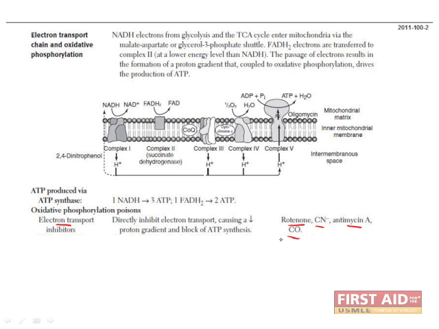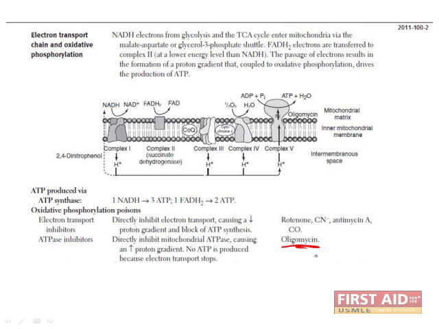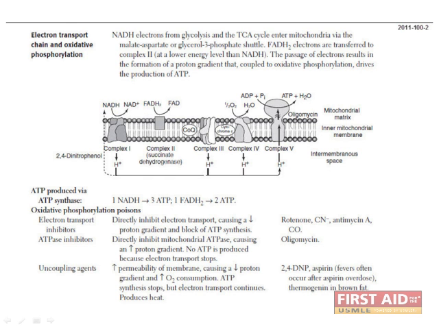This prevents the formation of a proton gradient and therefore the synthesis of ATP by ATP synthase. Rotenone inhibits complex 1, antimycin A inhibits complex 3, and cyanide inhibits complex 4. Oligomycin is an ATPase inhibitor, and therefore inhibits complex 5. This allows the proton gradient to continue to increase without any ATP formation. As electrons build up, electron transport stops.